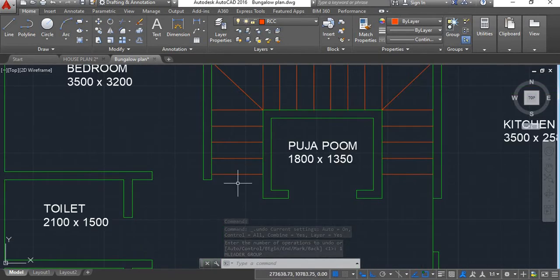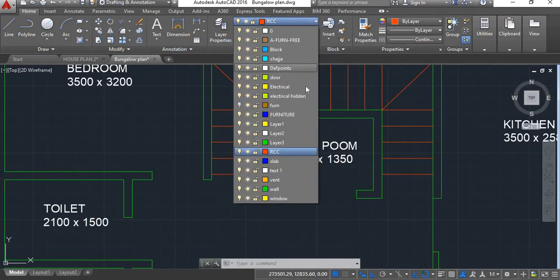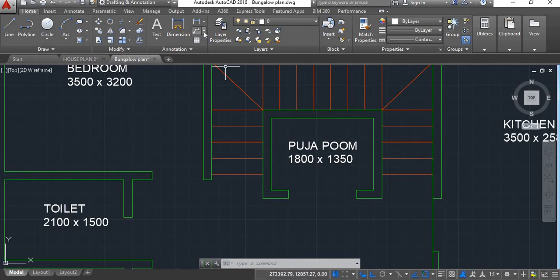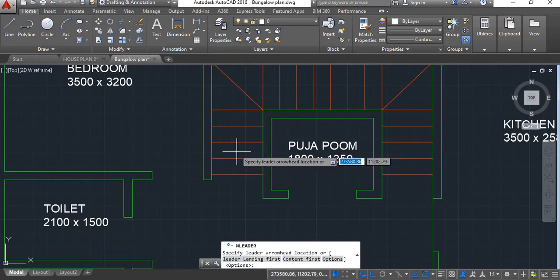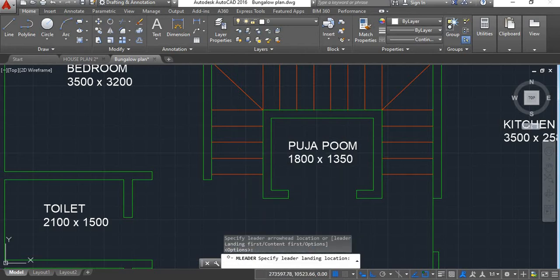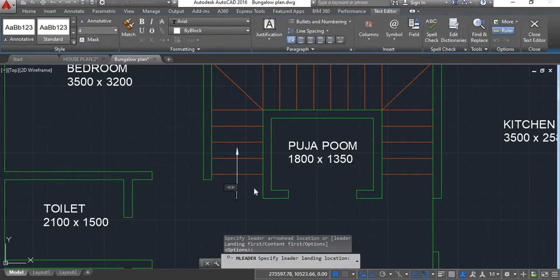Now here we'll show the direction. First we'll change the layer. For that we'll take multi-leader and we'll show an arrow here. And here we'll write up.